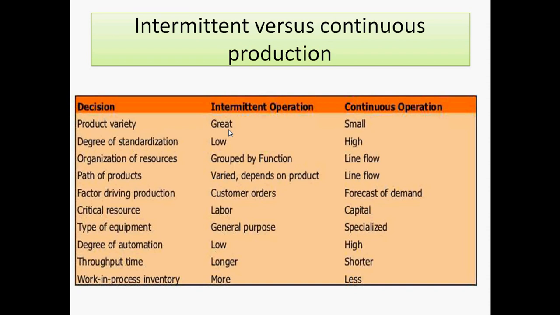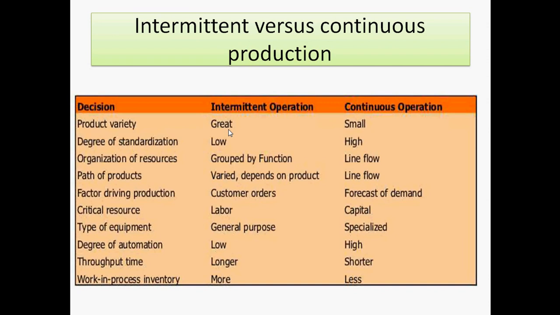That's why there is no variety. Okay, so there is a small variety. We can say one or two products we can manufacture in a company. That is small scale industry. Now for the degree of standardization, here we are manufacturing identical parts in continuous operations, meaning the same car we are developing is a repetitive task. So that's why the standardization limitation is more. But in case of intermediate operations there are low cases available.